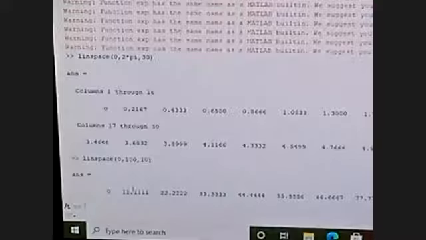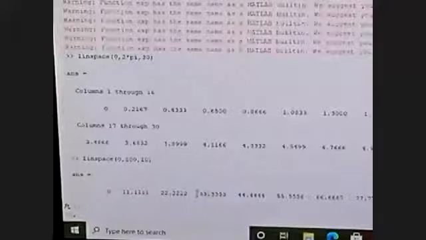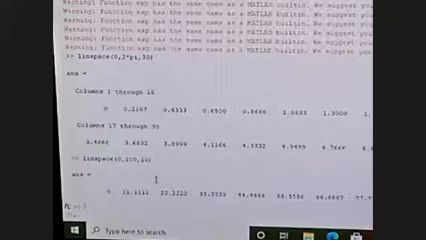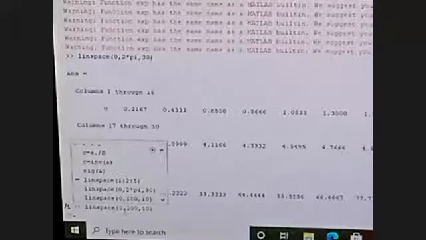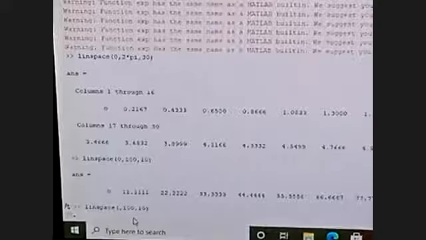So after 0, the equal value is 11. 11 plus 11, 22. 22 plus 11, 33. 33 plus 11, 44. So equal spacings will be there. Otherwise, if you are getting confused, let us take 1 to 100. In between 1 and 100, there are 10 equal divisions. See here, in between 1 and 100, there are 10 values. 1, 12, 23. So equal values will be there in between 1 and 100.